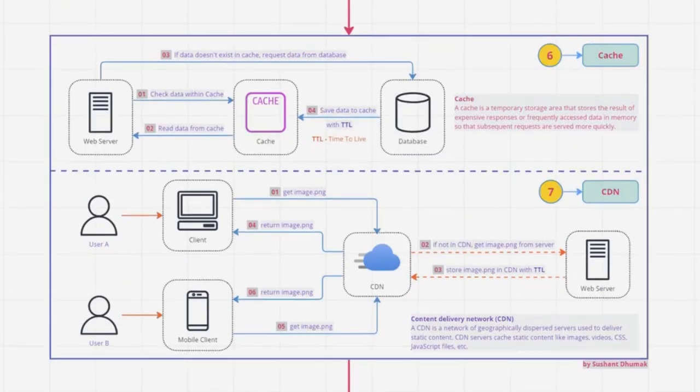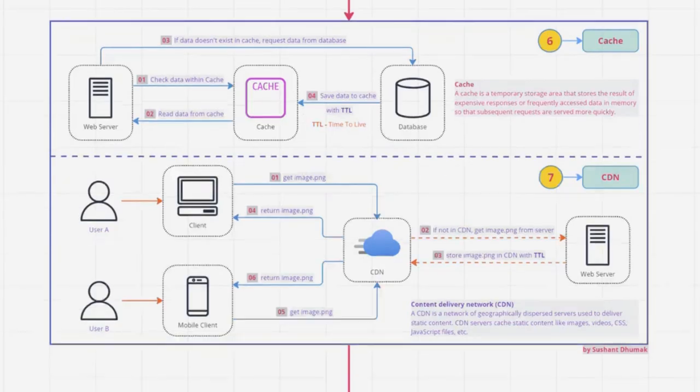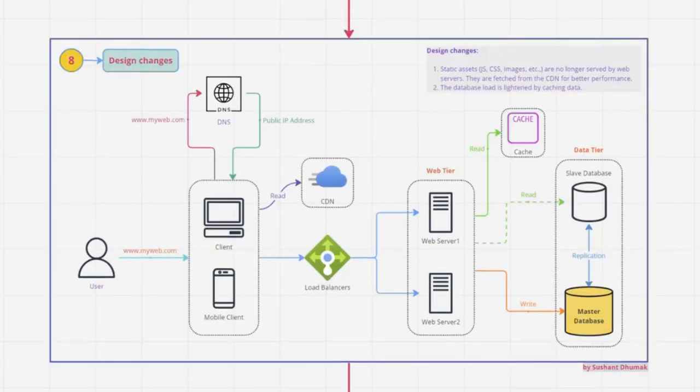Then last session, we saw cache and CDN. What is the purpose of cache? What is the purpose of CDN? How the request is responded to very quickly with the help of cache, what exactly cache is, what exactly CDN is, and how it helps serve users better. Even this is also a single point of failure. We have seen that it's not just one cache, but there are multiple caches available, like Memcache and Redis. These are all in-memory databases that help us serve users better. We will look at cache in detail later on, along with the caching strategies we can use. We saw this last time, and how the overall design looks